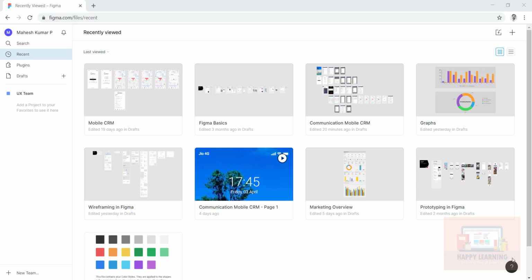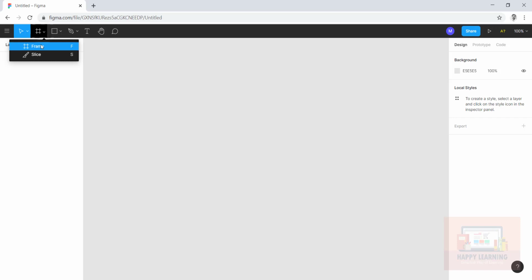Hey guys, today I just wanted to show you how to create a pie chart and donut chart. I just wanted to create that chart on social analytics. So I would like to create this page for a mobile device. So let me take a new canvas and I just wanted to take a new frame here.